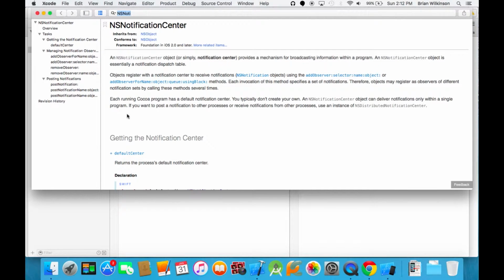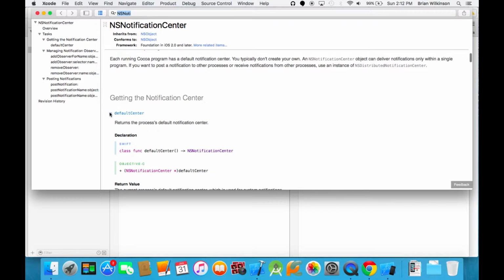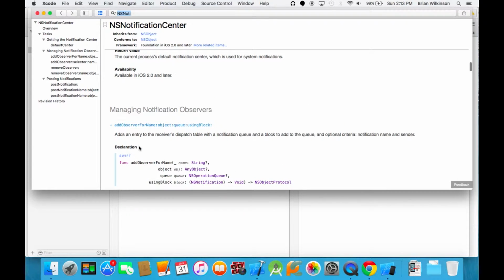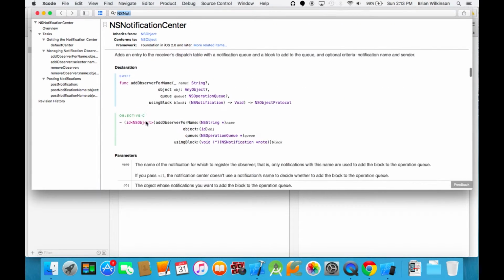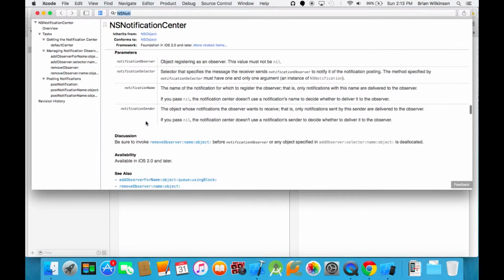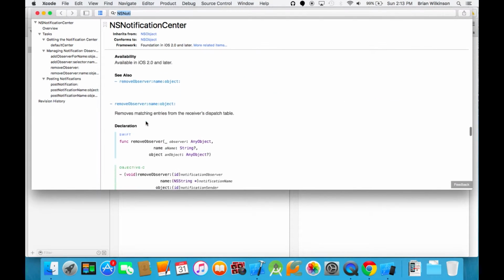And you can see it's an object. You can create a default center, which is what we're going to do. And there are different ways to manage these notification observers. And the one we're going to use is down here a little bit. And it's called,